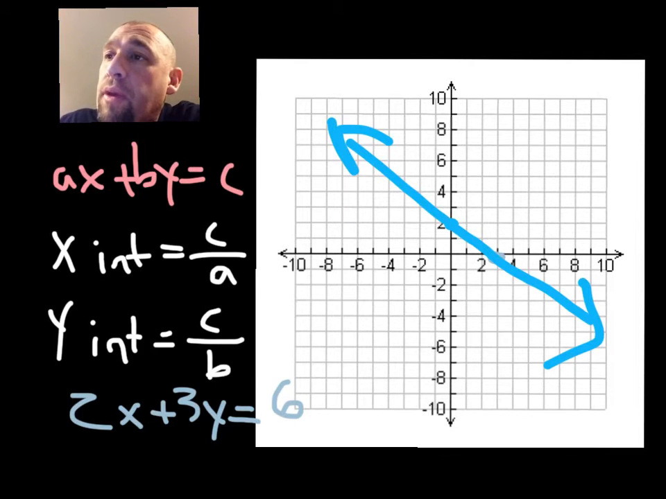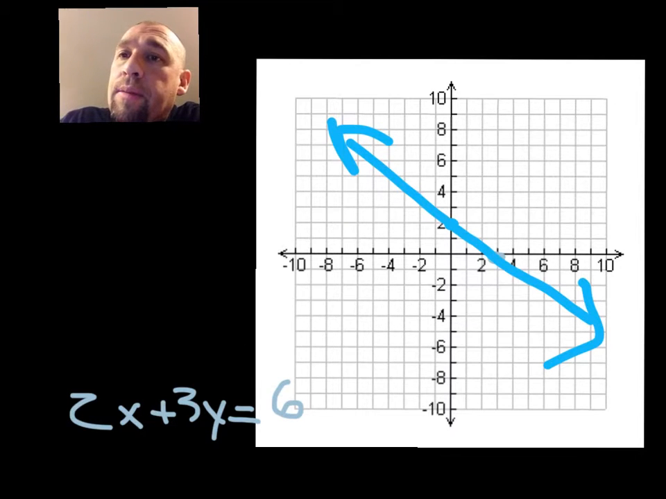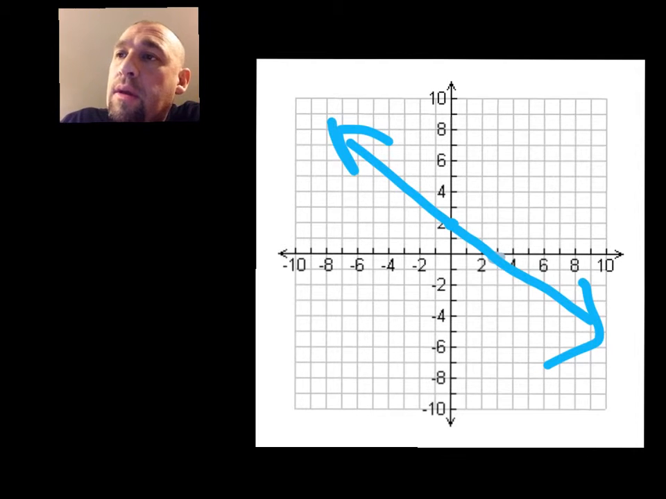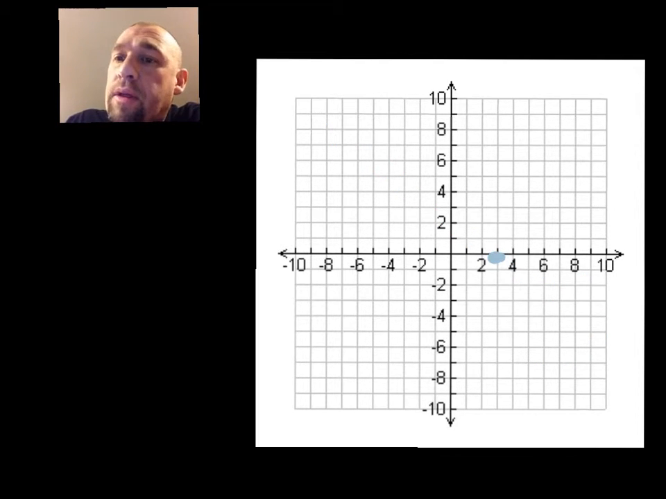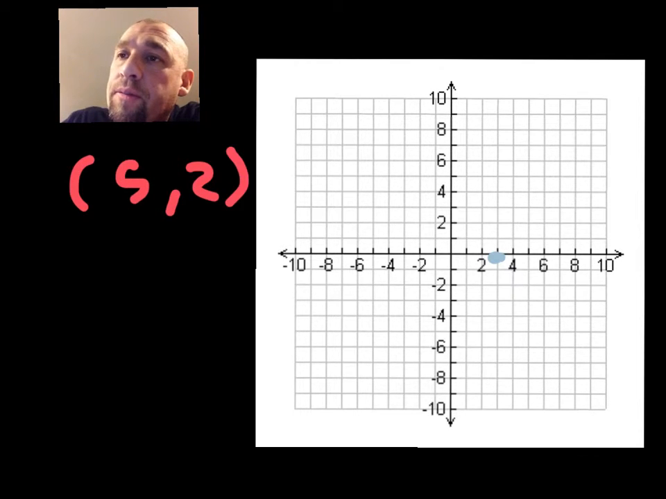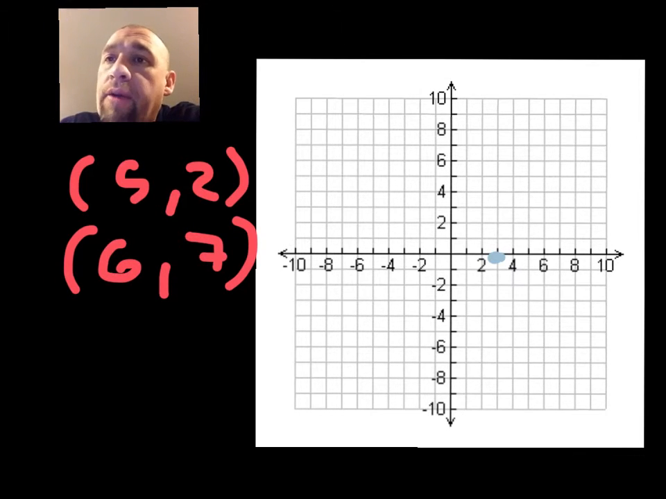Let me add one more thing while I'm here. One other thing that seems to come up some is what would happen if we had, I don't know, a 5, 2 and a 6, 7. And I said, let's calculate the slope. Now, obviously, you could plot those points. You could put a dot at 5, 2 and a point at 6, 7, and count the rise over run,